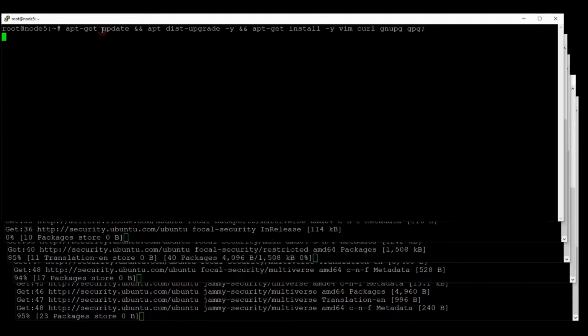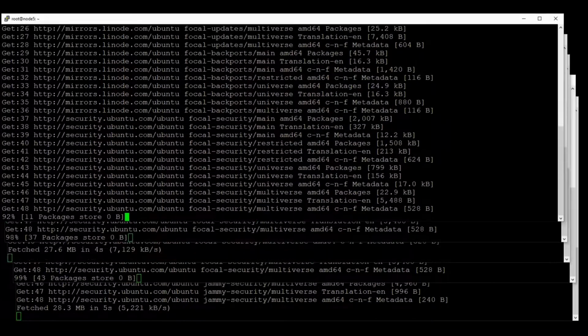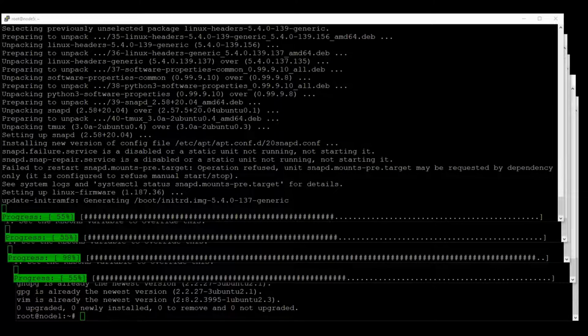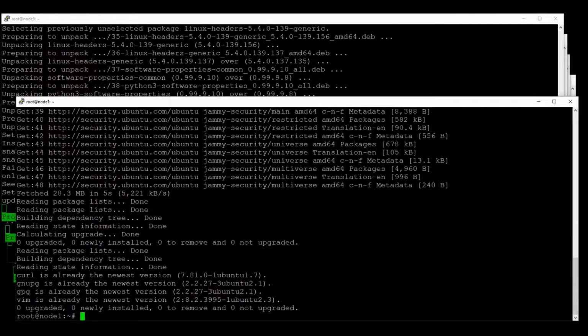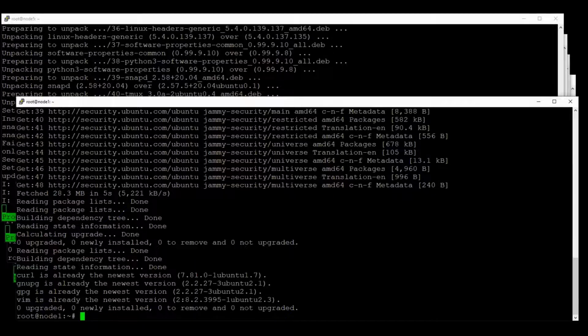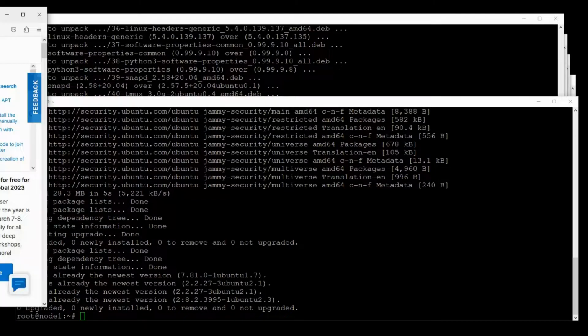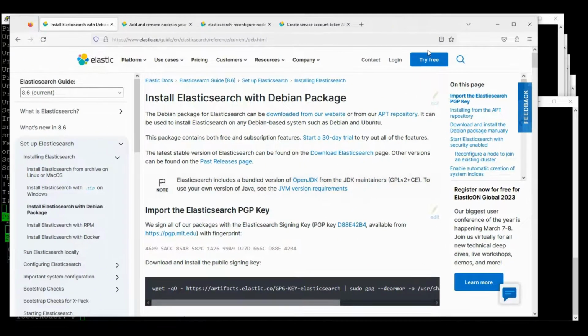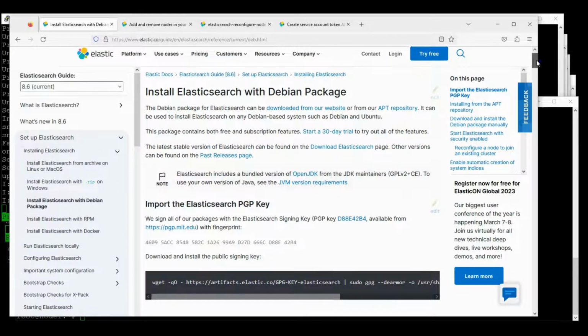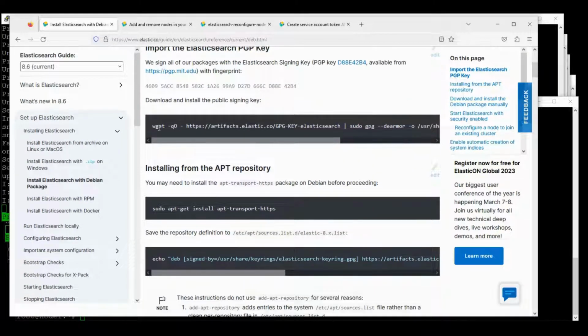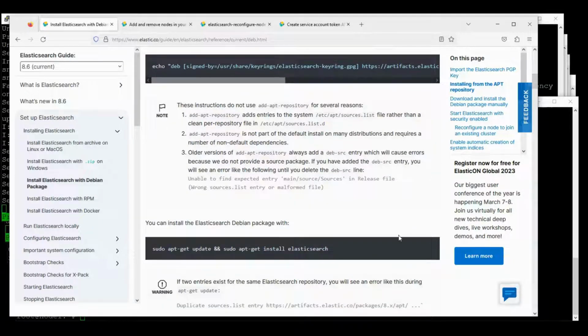And I'll come back when everything's done. So node 1 is done, the others are still going, but let's get ready to install Elastic anyway. We're going to use the apt-get approach, so let me pull up the documentation. It's pretty straightforward. Just get the public signing key, install a dependency, update the repository definitions, and finally install